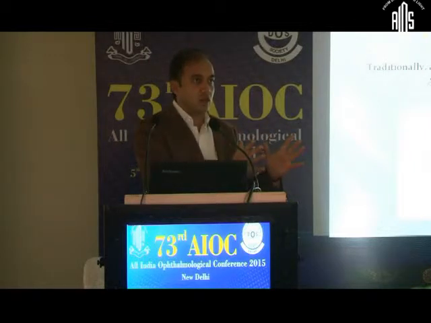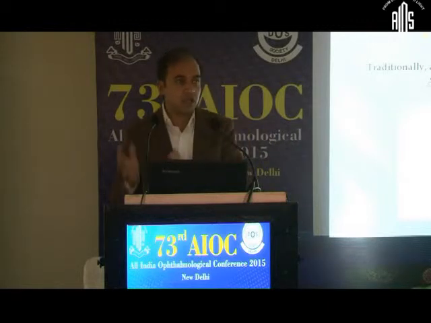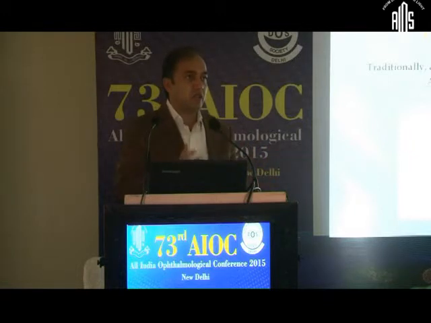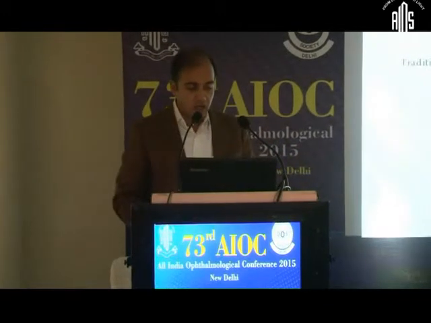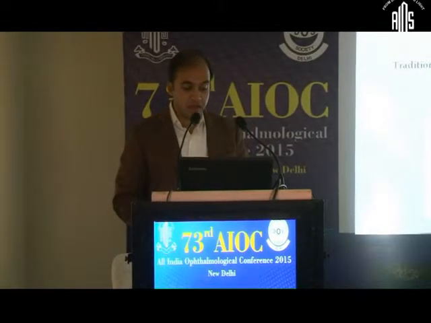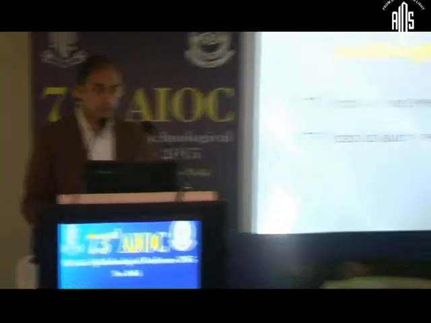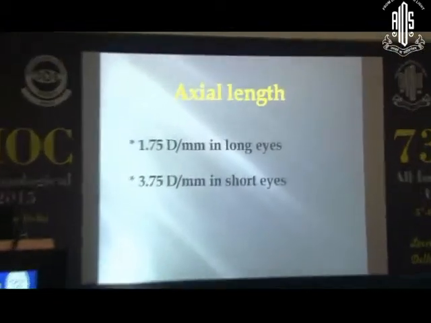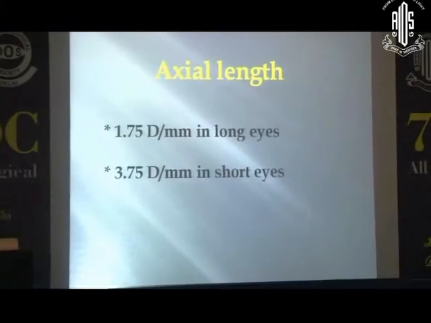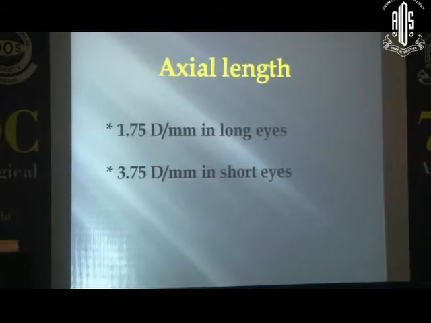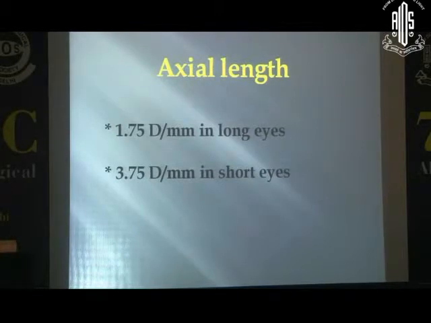Because if you stick to particular machines, whether it is for your axial length measurement or a keratometry measurement, and a particular technique of surgery, probably all of them will compound to those errors, which can be corrected by personalizing your A constant. Going to the axial length measurement part, traditionally it has been measured by an ultrasonography machine. Again, the error is about 1.75 diopter per millimeter for longer eyes and 3.75 diopter per millimeter of error for shorter eyes. So again, each millimeter of error can amount to a lot of post-operative hypermetropia.